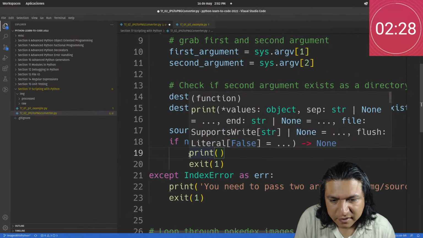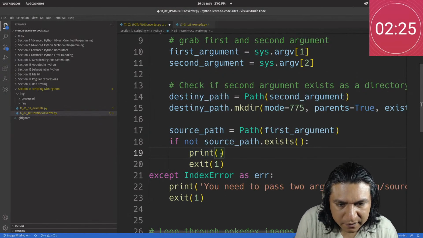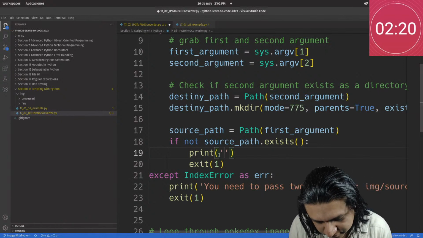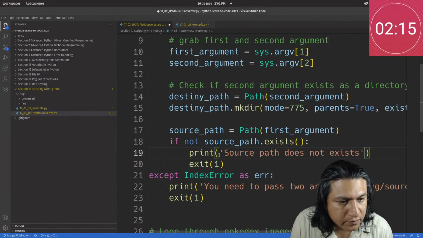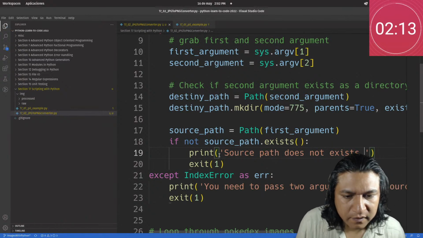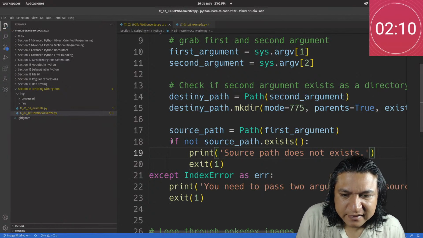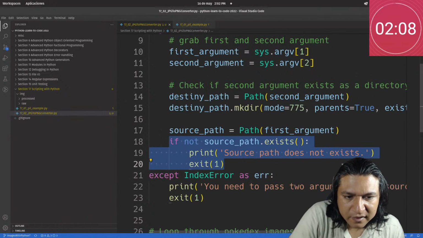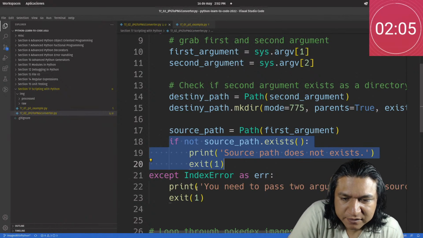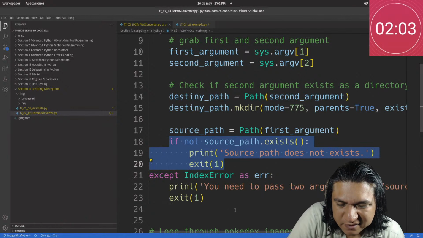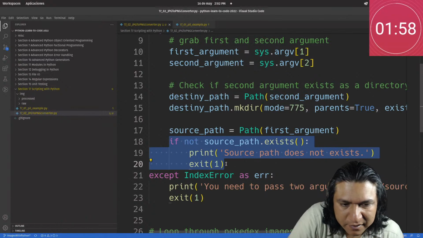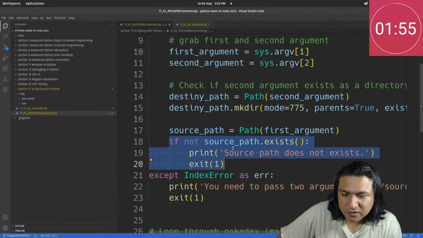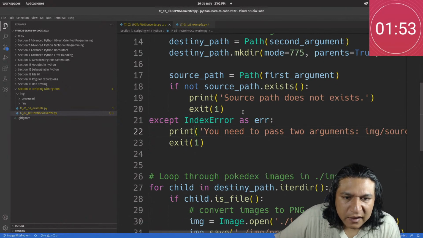I do remember you can raise your own exceptions, but anyway. And then exit. Yeah, I think this should be. I'm going to refactor this later because I believe this should be managed by the except block, but at this time I don't remember what exception could be handled. What exception does handle this? I don't know. But anyway,